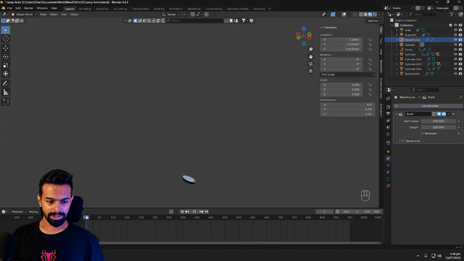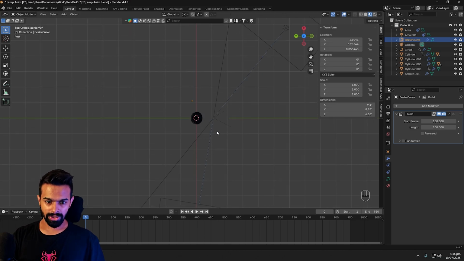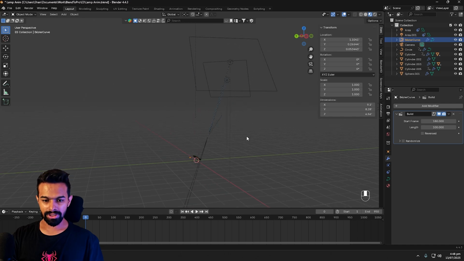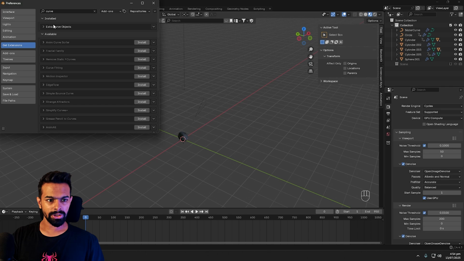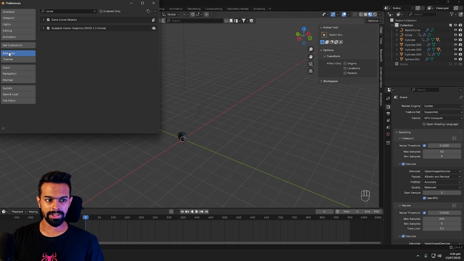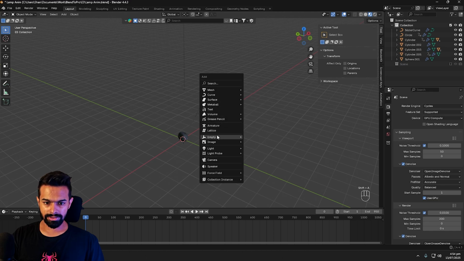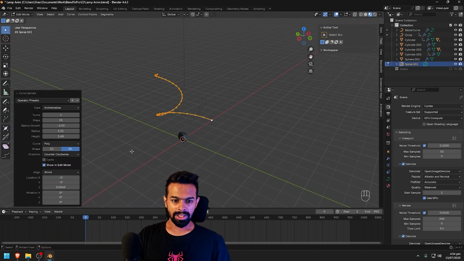Now what we're going to do is add a camera to track the animation. I want the camera to go around and up, that means in a spiral direction. To do that, first go to Edit, Preferences, and make sure your Extra Curve Objects add-on is installed and activated. When you go to add a curve, you can see these new options. In that, go to Spiral Sections and go to Archimedean. In the Archimedean section,